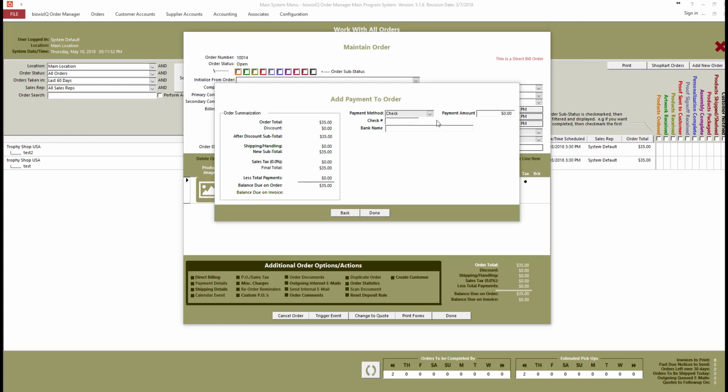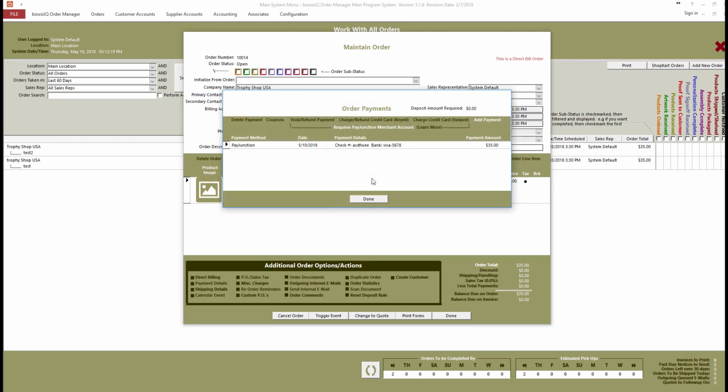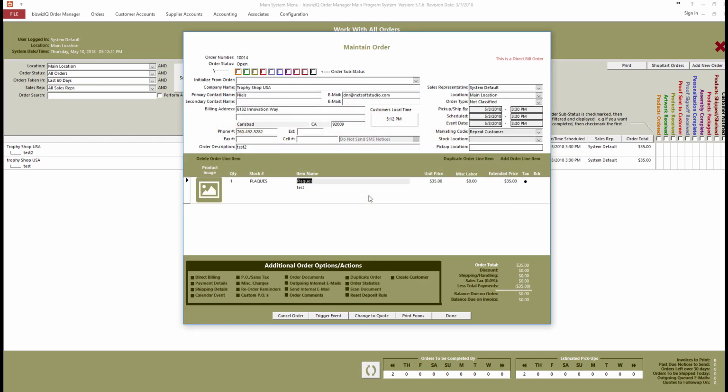That you would go into Less Total Payments, and we've set up a payment method called PayJunction, and we'll go ahead and put in the amount that they charged on their card. The check number, we'll put in the authorization code that's listed in the email, and then we'll go ahead and just type in Visa dash and then the last 4 of the credit card that's listed on the receipt. Once you've done that, click Done, and it is as simple as that for the Pay Now links. You'll have to manually put in the payments as